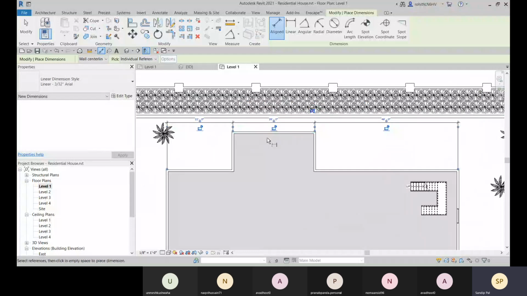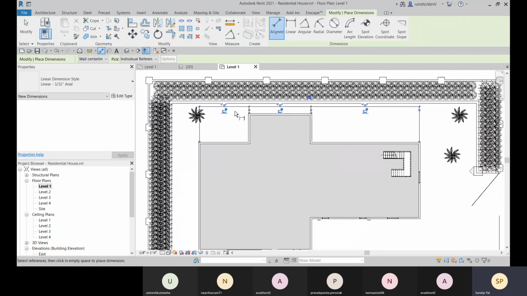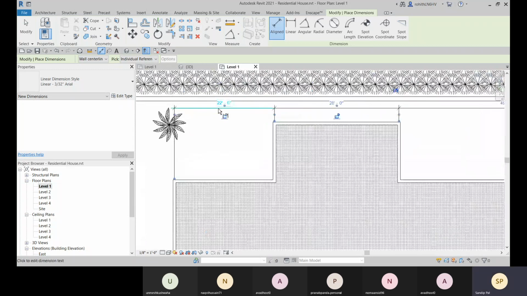And if you need to make this equal, you can click it, so all the wall positions will be changed as well to make it equal. Right now I don't need to make it equal, so I'll not click it here, and I can lock it. So it will remain constant with this. If I change this wall position, this wall position will maintain constant to keep this value.